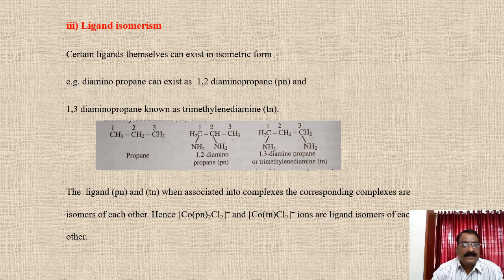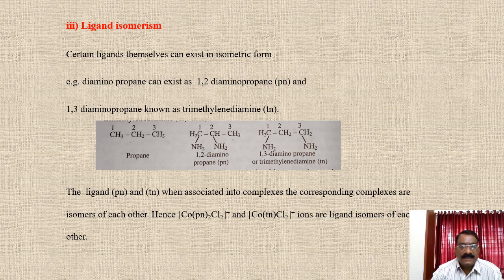Third type, ligand isomerism. This type of isomerism is where the ligands themselves exist in isomeric form. For example, diaminopropane can exist as 1,2-diaminopropane represented as pn and 1,3-diaminopropane known as trimethylenediamine, tn. See, propane, then 1,3-diaminopropane, 1,2-diaminopropane. The ligands pn and tn, when associated into complexes, give corresponding complexes that are isomers of each other, and